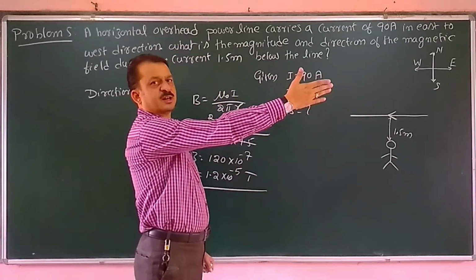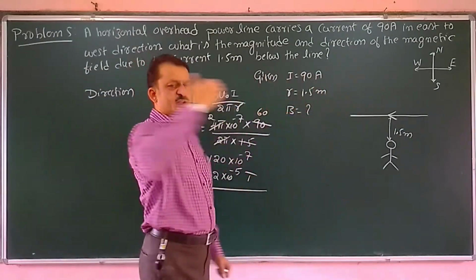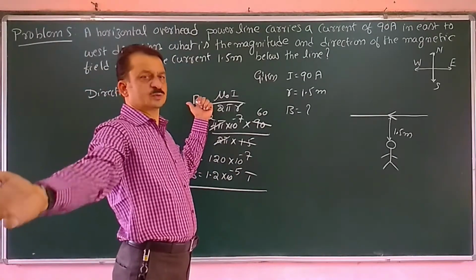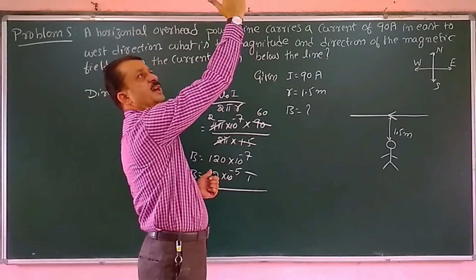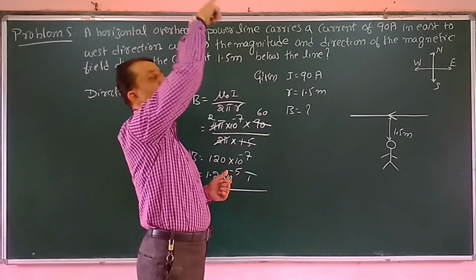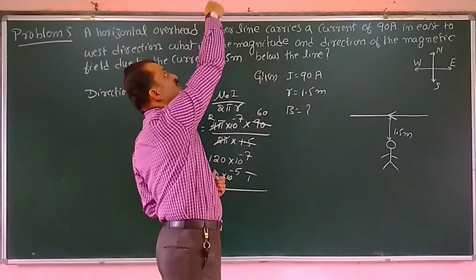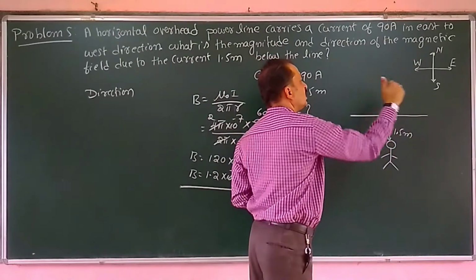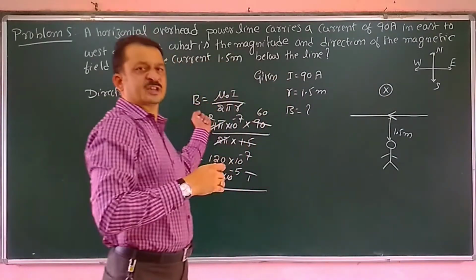Now this direction is, if I take it as east and my backside is west, current is from east to west direction, and my left side is north and right side is south. Okay. Now the current is over my head. Now if I hold that current with the right hand, then the magnetic fields are in circular shape. Clear? Above the wire, the magnetic field is into the plane of the board, that is towards the north. It is moving towards the north direction.